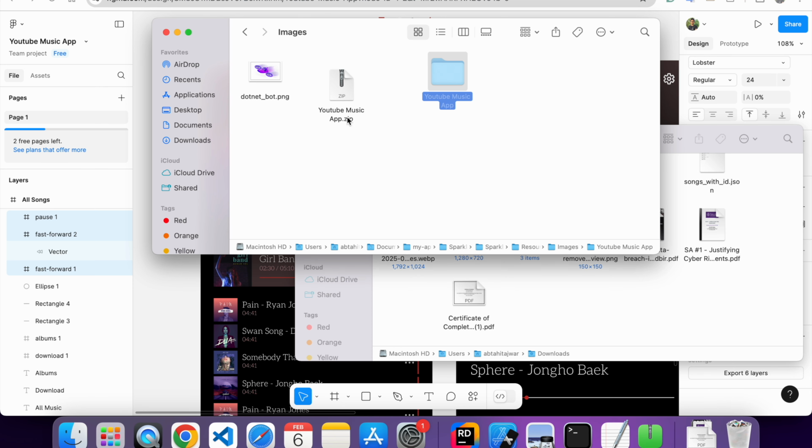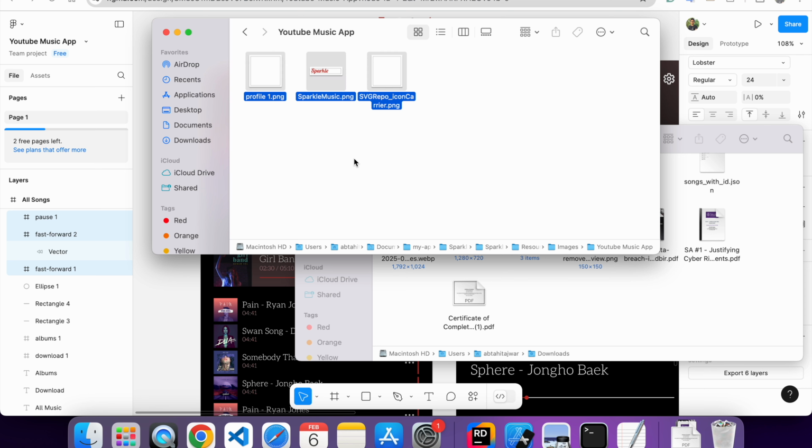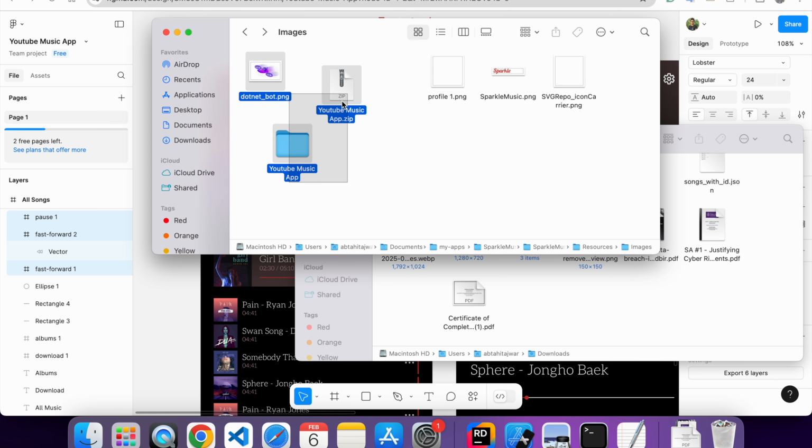We extract the folder and then cut everything, paste it here, actually copy. I don't know why I'm using Windows commands here. For some reason this only copied,